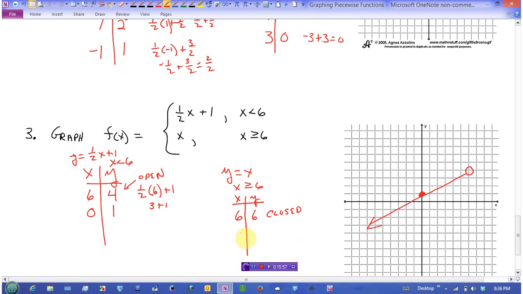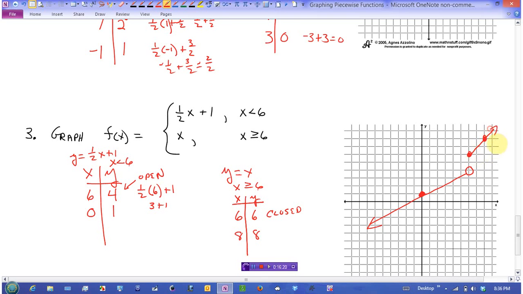I put an 8 in for x, I get an 8 for y. So 6, 6, 1, 2, 3, 4, 5, 6, and 8, 8. And those are for the values that are greater than or equal to 6, so that part of the line